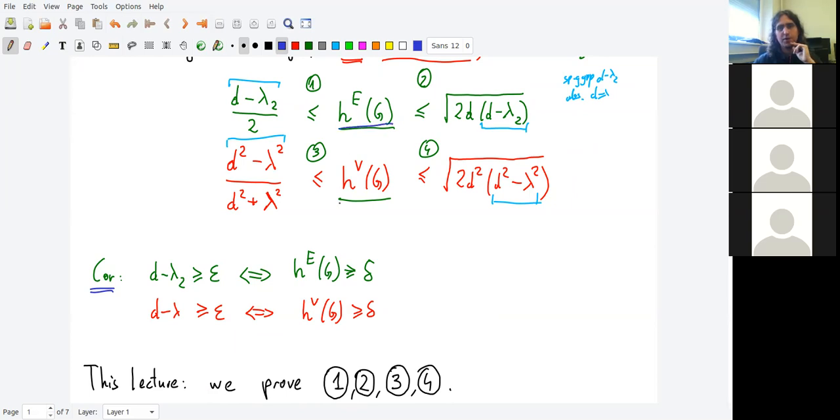edge expansion and vertex expansion are functionally equivalent to those spectral gaps, in the sense that the spectral gap is bounded away from 0, is larger than some positive epsilon, if and only if the edge expansion is bounded away from 0 by some positive delta, depending on epsilon. And similarly for the absolute spectral gap and the vertex expansion. Yeah. So our goal for this lecture is to prove inequalities 1, 2, 3, 4, and we do it because,